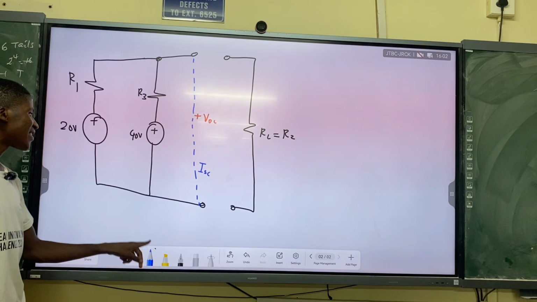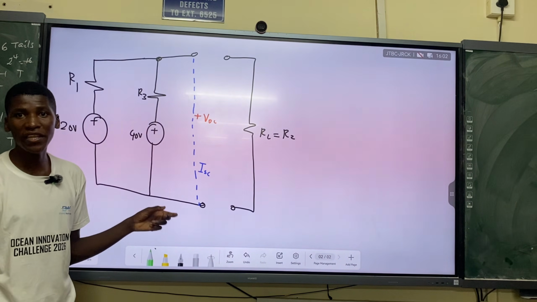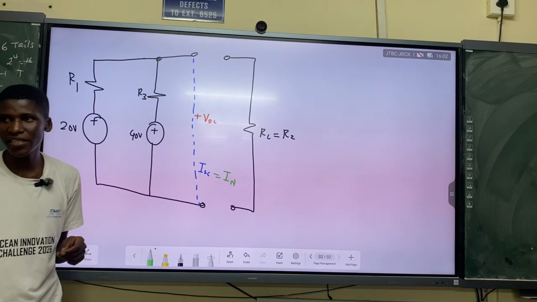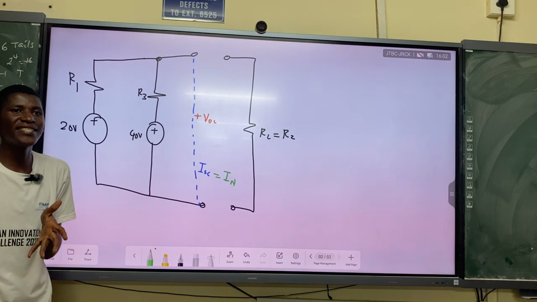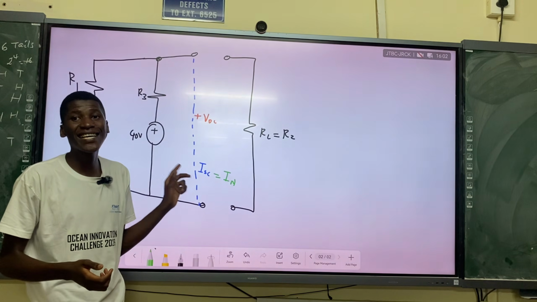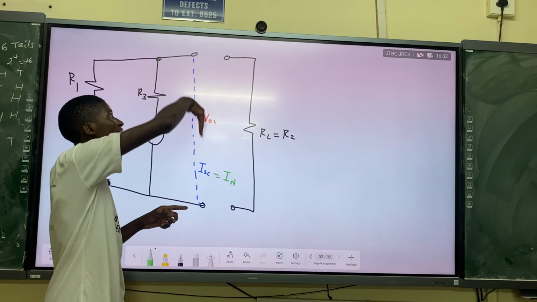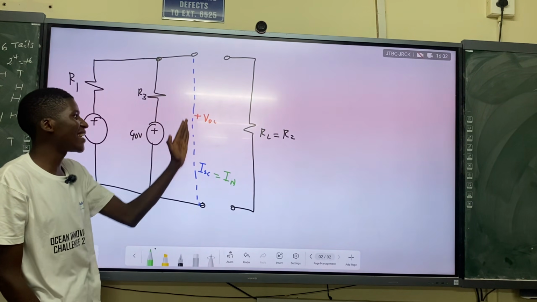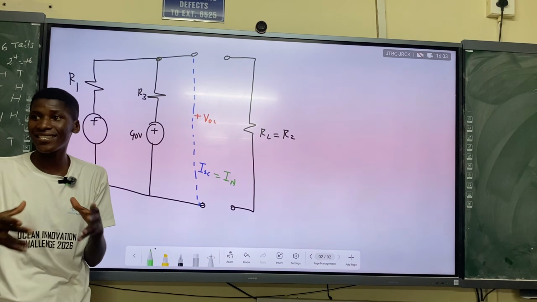We're still going to do the same procedure. The short circuit current, when it comes to Norton's theorem, is the current that will give us our ideal current source. That is the Norton's current. Let's say Norton's current just by formality to add on Norton's theorem, but it is the short circuit current. It is the current that we get when we short circuit, meaning that we just put an empty conductor. So we're going to have the open circuit voltage, and also a short circuit current when we put a conductor that doesn't have any resistance.